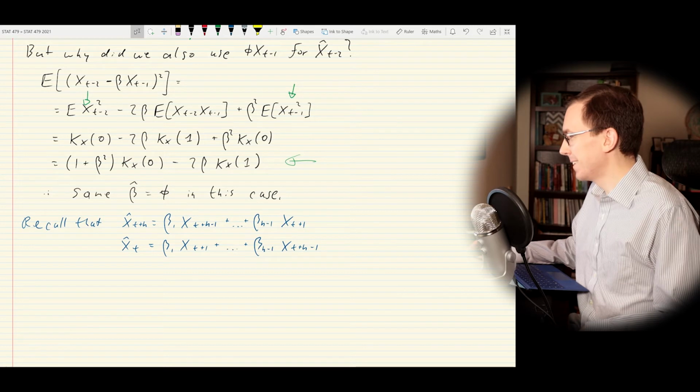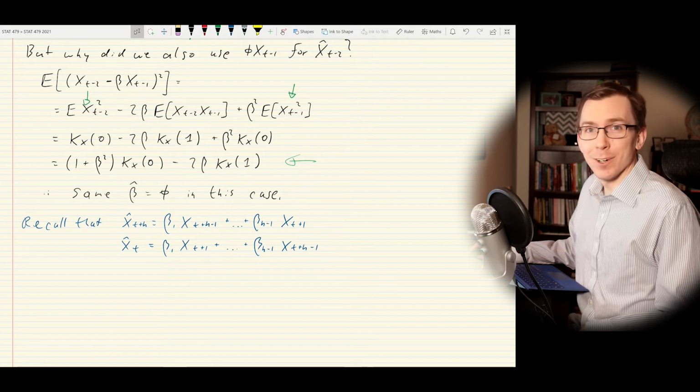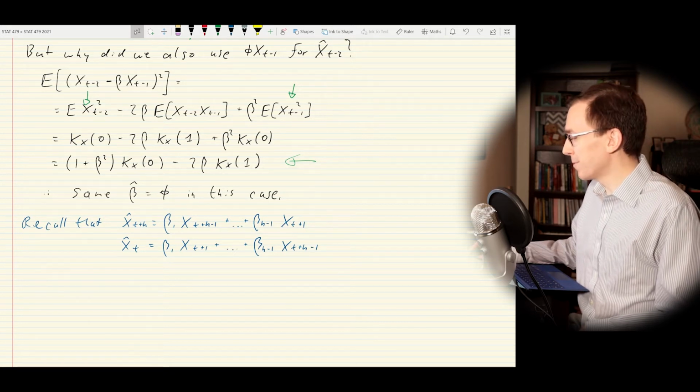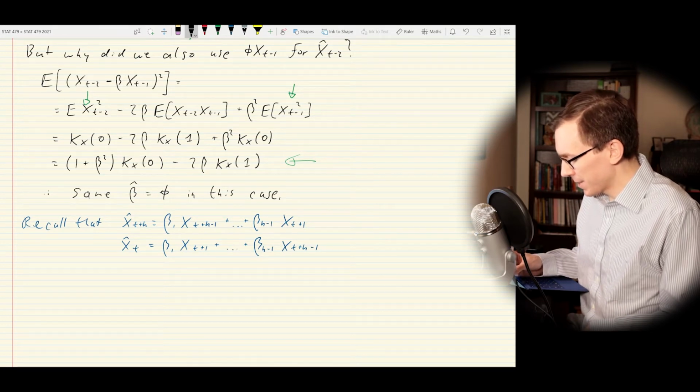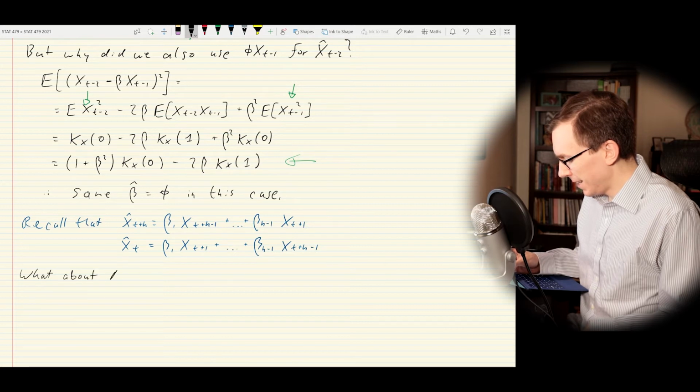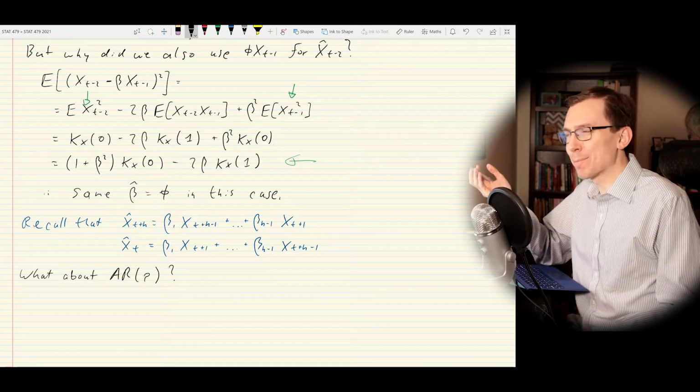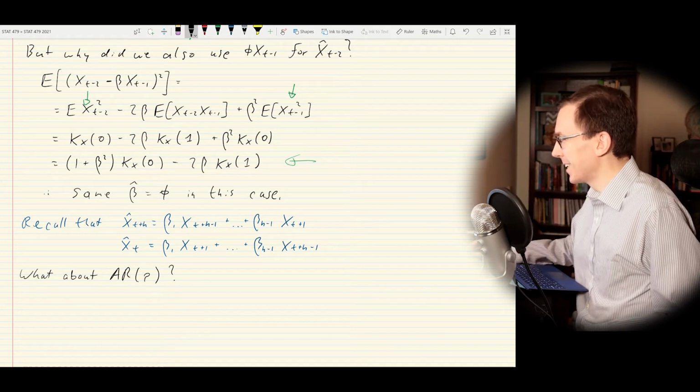Cool, so we got that. But this is just for the AR1 process. So what we really want to do is go a little bit further. So now the question is, what about AR(p)? I always want to say AARP, but that's a different thing that I don't have to worry about yet,